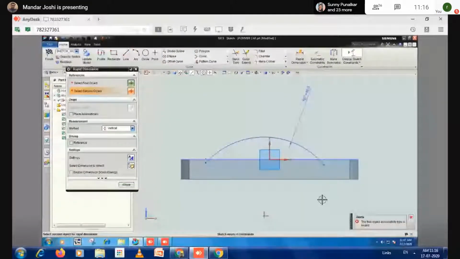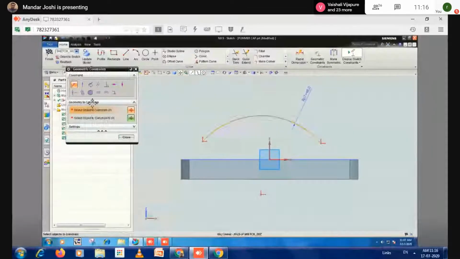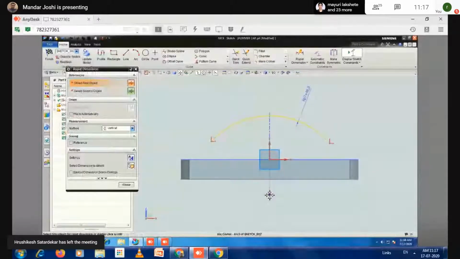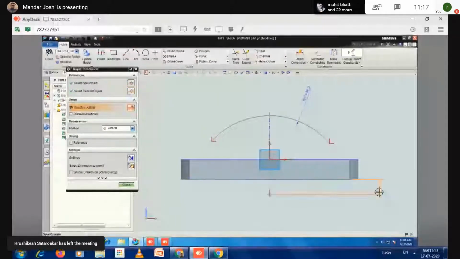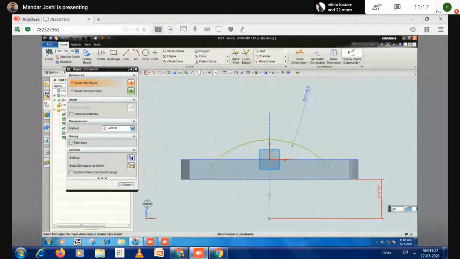Just a minute. I use first point on a curve. Now see, this is 12, 20, 24 now. Now close.